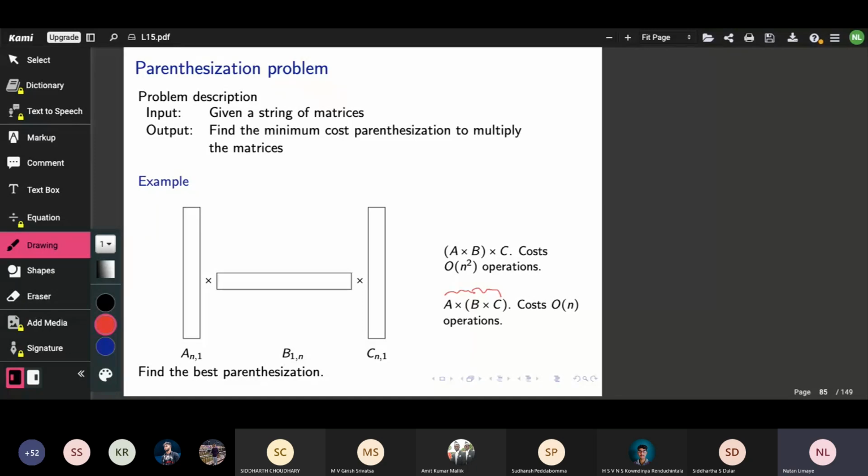So the total number of ways of doing a large number of matrix multiplications is exponential. But you want to find one of the ways which requires the minimum number of overall operations while computing the matrix multiplication. So you want to find the best parenthesization. Here, the best means the one that leads to as small intermediate matrices as possible, because if intermediate steps lead to large matrices, then the overall cost increases.